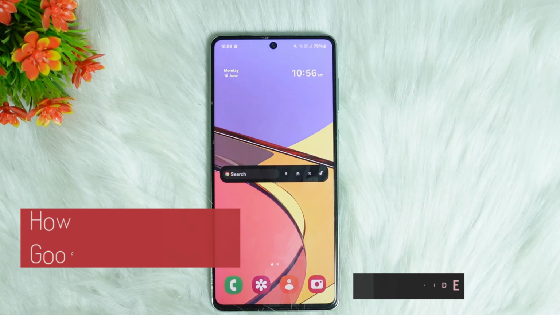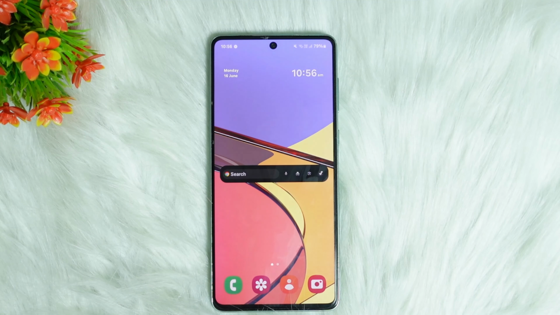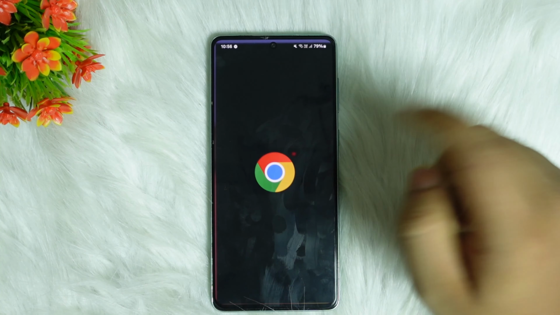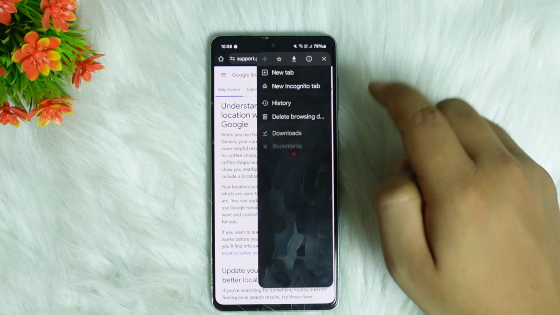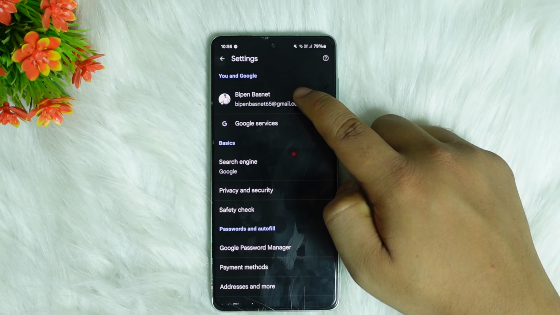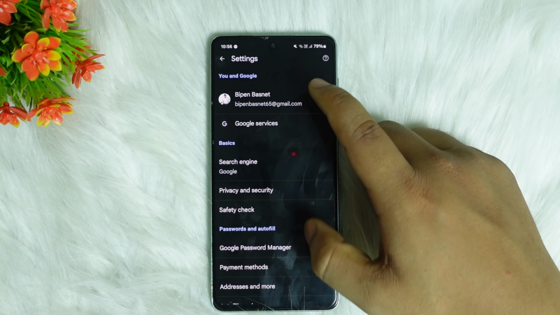Let me guide you through quick and easy on how you can add payment method to Google account. Now in order to add payment method to Google account, what you can do is simply go ahead and open up Google Chrome or Google, then tap on three dots at the top right and head into settings. Now make sure you are logged into your particular account that you'd like to add your payment methods to, and down